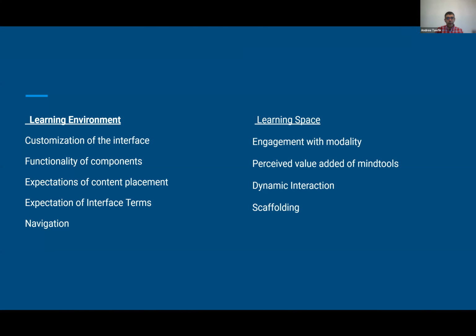If they need to, can we allow for customization? Can we allow for fluid navigation? And so maybe as I'm talking about this, I might start a little bit more with the learning space first, because that's really the task at hand that needs to be done, while also being mindful of that interaction with the learning environment.